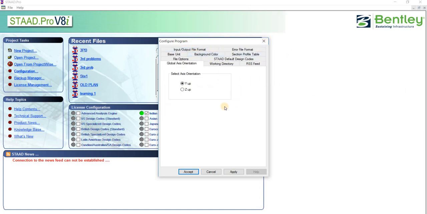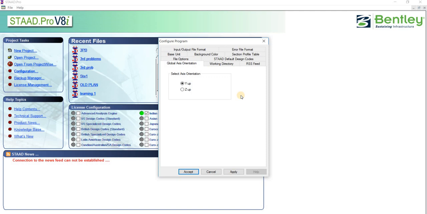The next thing is global axis orientation. Here you can see two names, that is Y up and Z up. First of all, we have three different types of axis, that is X axis, Y axis and Z axis.